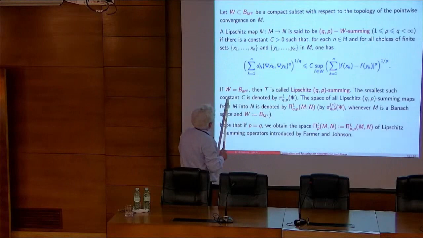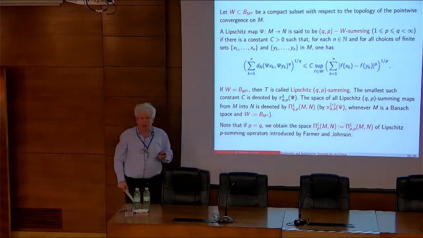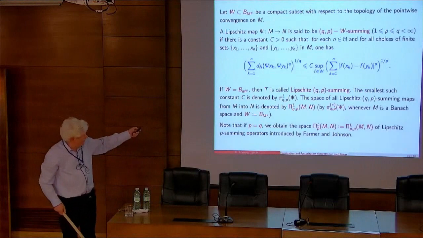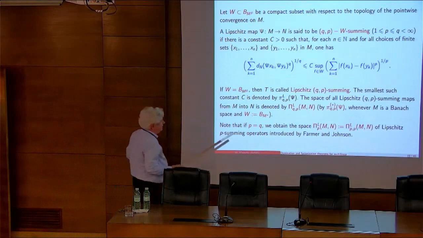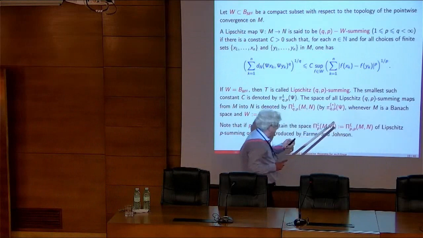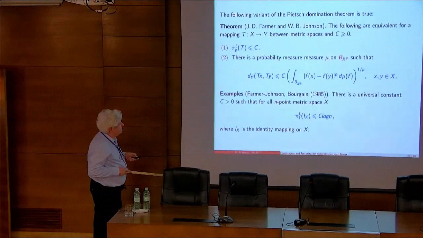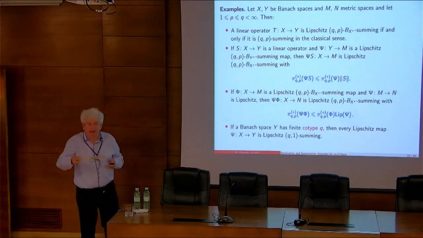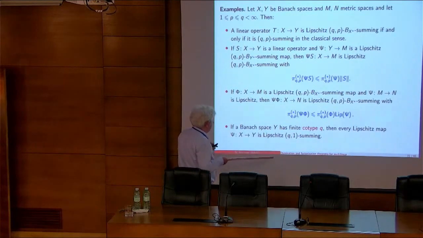So whenever N is a Banach space, and this set U is the space of all linear functionals from the unit ball of linear functions, there are special Lipschitz functions. So then, instead of writing L, we will use a star here, for Lipschitz summing with respect to this W set of functionals. Okay. Later on we will see the more general definition of cotype.